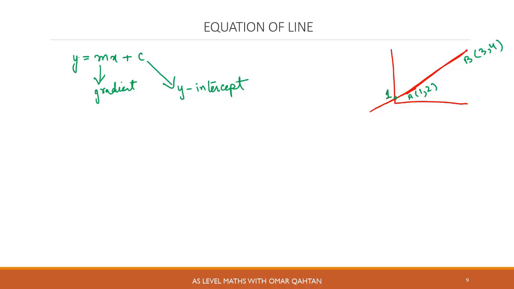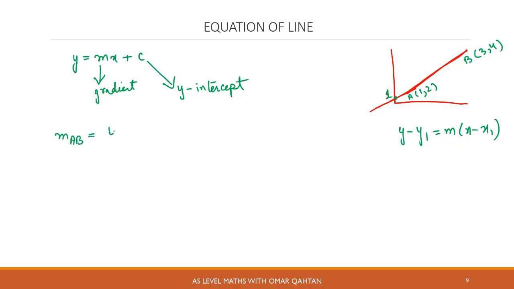You can use this equation, and there is another equation which you could use, which is y minus y1 equals m into x minus x1. It's up to you whatever equation you want to use, but you should probably know both methods. First we will talk about y equals mx plus c. We have the coordinates A(1, 2), B(3, 4). First we will use these for finding the gradient,